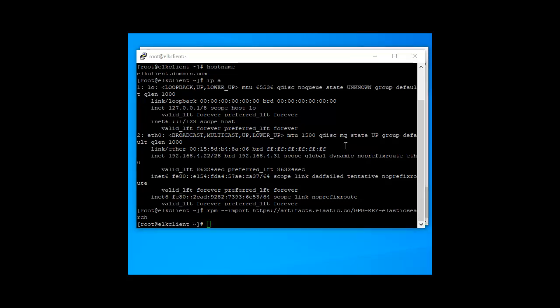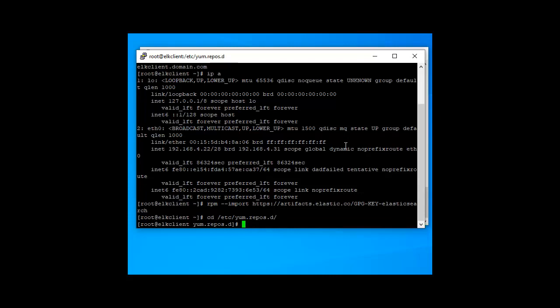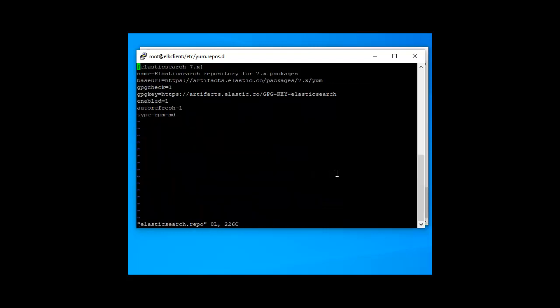Now I am going to /etc/yum.repos.d. Under this directory, we create one repo file, elasticsearch.repo. Colon save.